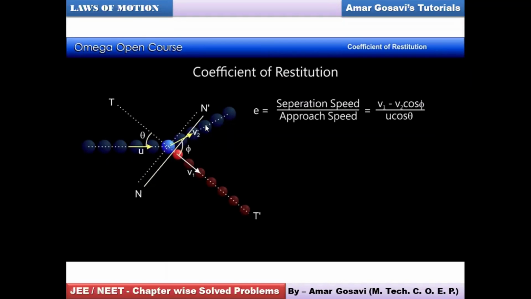One part goes in this direction with the speed v2. Another part in the red color direction you can see with the final speed v1, and the angle between v2 and v1 is phi. Whereas if I extend this direction, I take this as a reference. The red color direction, if I extend it backwards, you can check the arrow, this direction extended backward makes this angle theta with u. So I have two references now.